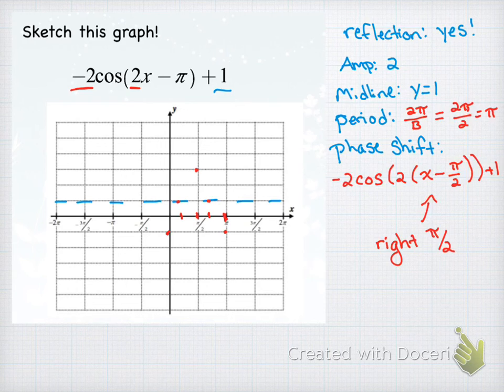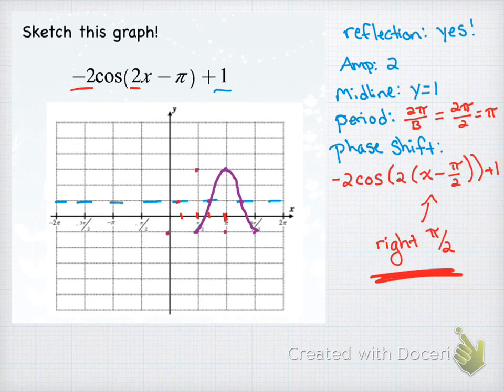All right? But I have not accounted for this right pi over 2 situation yet. So what I'm going to do is take these helper dots, and I'm going to move each one right pi over 2. So this guy, he's going to move to the right pi over 2. This guy, he's going to move to the right pi over 2. So I'm just shifting everything to the right pi over 2. This guy's going to come to the right pi over 2, and this guy's going to come to the right pi over 2. So what my final graph looks like